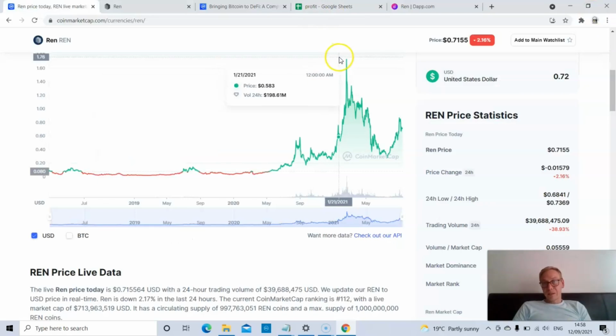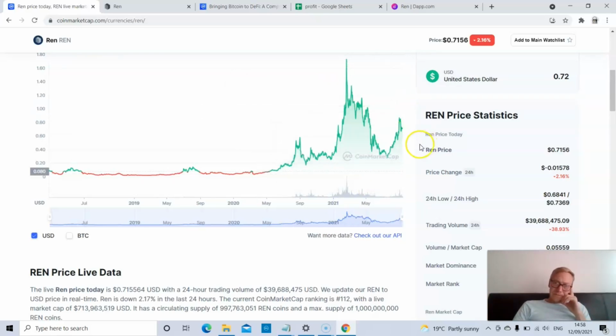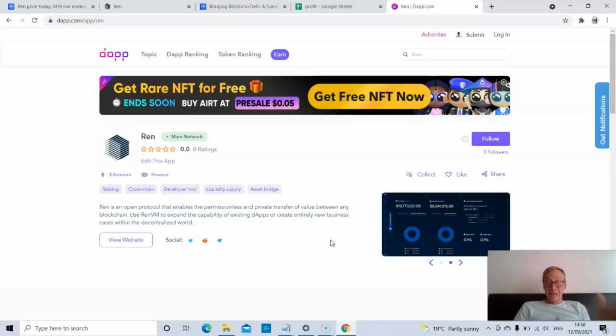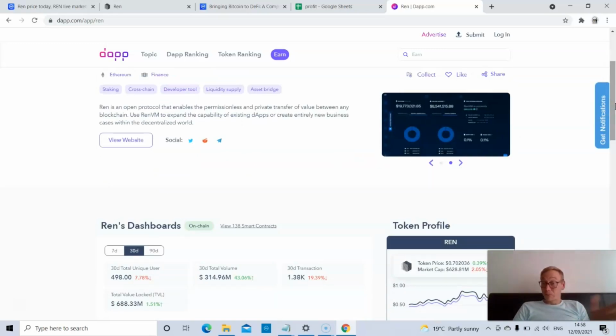Will it hit its previous all-time high? Yeah, I'd think so. It's like $1.75 or so. But when the market's been really positive and the DApp's use is reducing over the last 30 days, that to me is a signal that we're not going to see huge price gains in Ren. And while I am a big fan of Ren, and I'm a big fan of the fact that they have created a protocol that actually resolved a few problems people had,